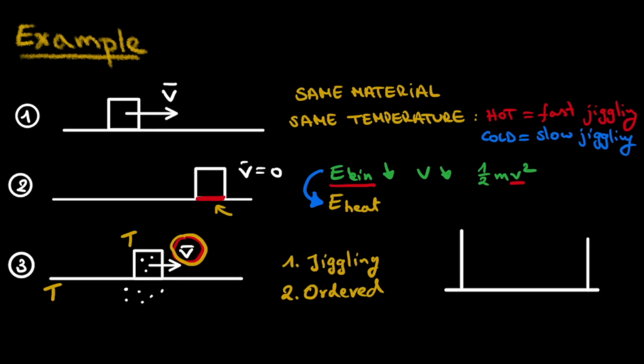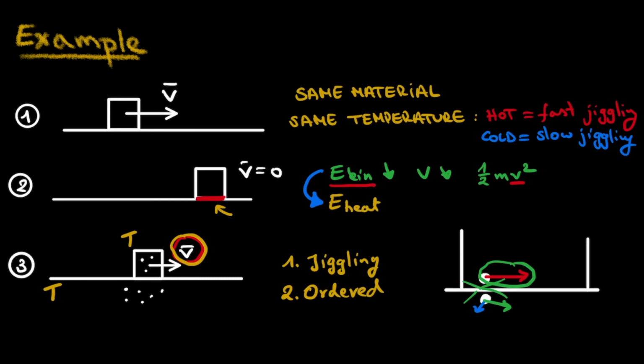And let's see what happens if a particle of the object at the surface collides with a particle at the ground. We know that the particle in the object has a very large velocity component in the direction that this object is moving, whereas the particle of the ground is just jittering in any direction with a low velocity. When these two particles actually collide, what happens is that a large part of this velocity of the object's atoms in the direction that this object is traveling gets transferred to the atoms at the ground, which thereby increase their